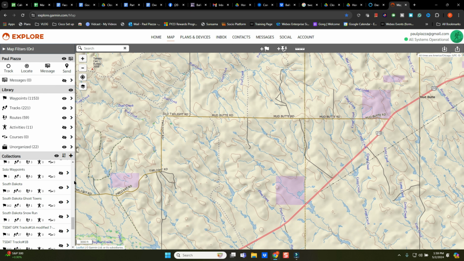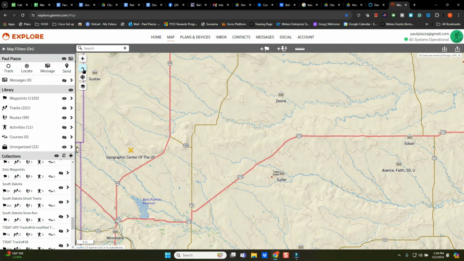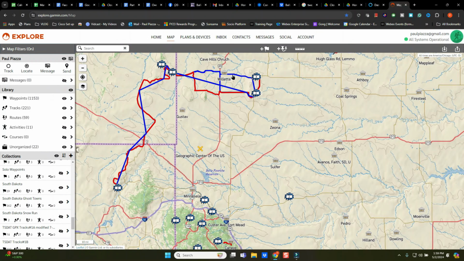So when I go back into zooming out and look at like my last adventure, I can say, okay, wow, we covered a lot of ground, right? We went through this, went through here, we took a shortcut here, we cut all the way along here, and we covered a lot of ground. We did, and it was fun, and I enjoyed it. So that's how, in a sense, you use the app, and you can use it really effectively. So I hope you liked my overview of Garmin Explorer, the web app.